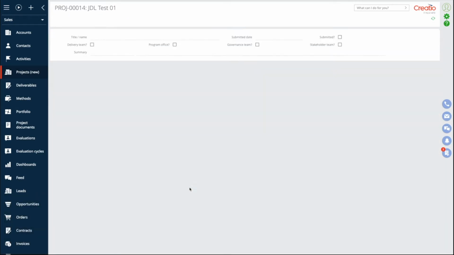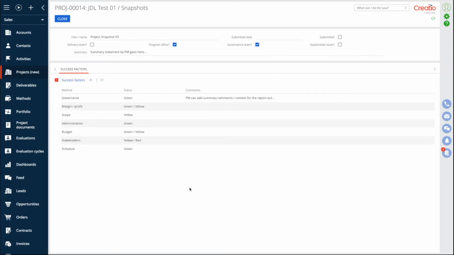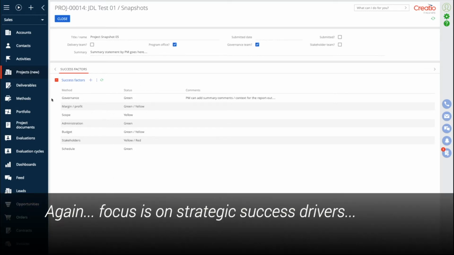As we step into one snapshot, the snapshots again would be on a cadence that is decided for the project or program or initiative. And what we can do for any given project is define what the key success factors are. And we can report in dashboard style to the executive team where we stand on each one of the key success drivers.